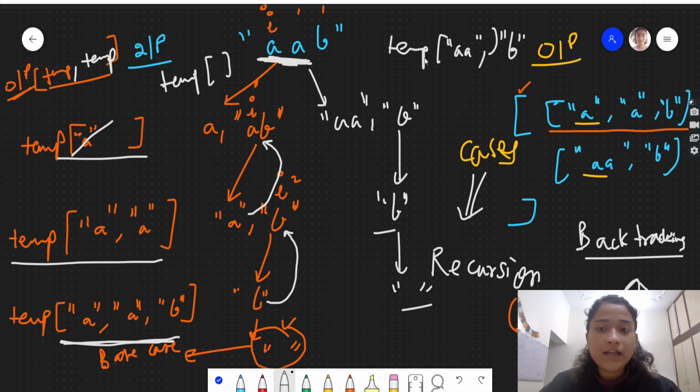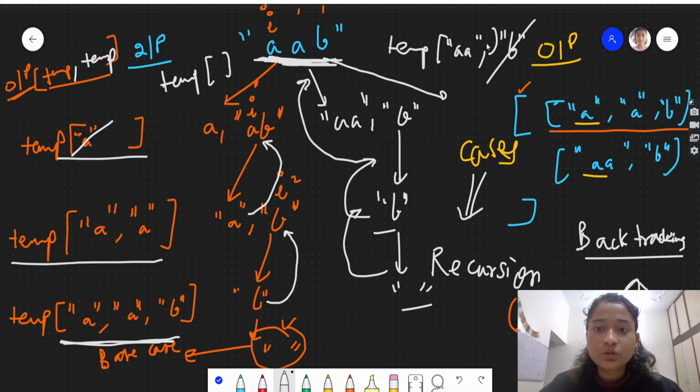Now we'll backtrack for this also, because now we need to take AAB, so we need to take these together. Same thing, you will do backtracking from this state to this state. From this state to this state, you will pop this B. From this to this, you will pop this A. And then you will take these three together. You will take A, B together. But this is not a palindrome, so it will not be added to temp. Hence we'll do nothing, and we have traversed the entire string.